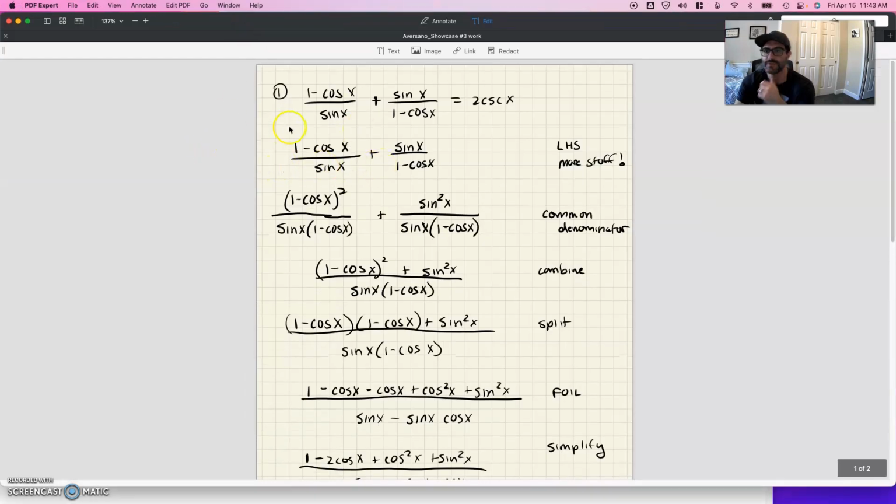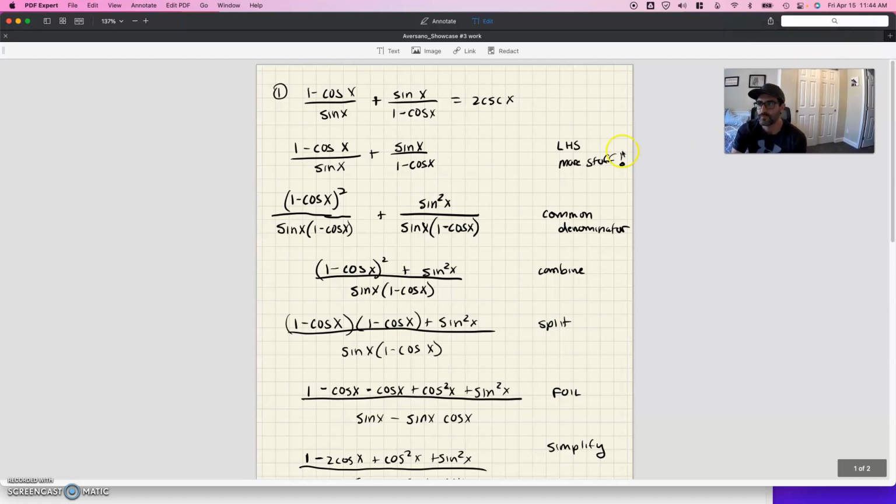So the way we solve this is you're going to have to first pick a side to work with. Generally, it's advisable to pick the side that has the most stuff because you can manipulate it. It's a little easier to see where you can manipulate the math. So I chose the left-hand side of the equation,